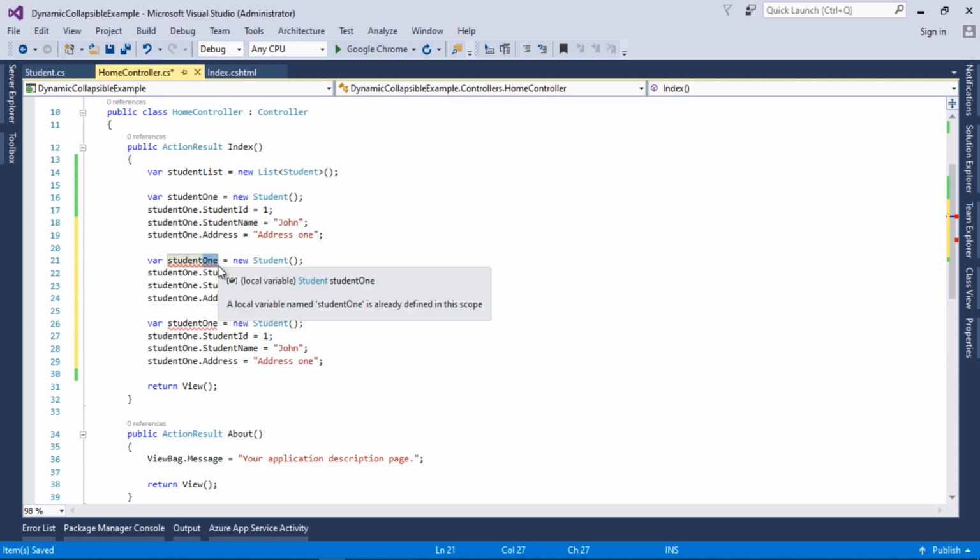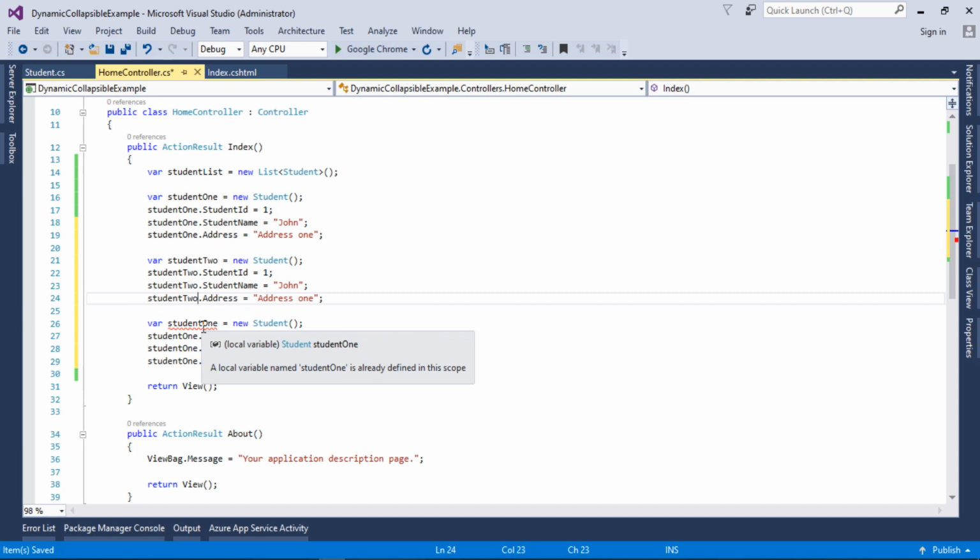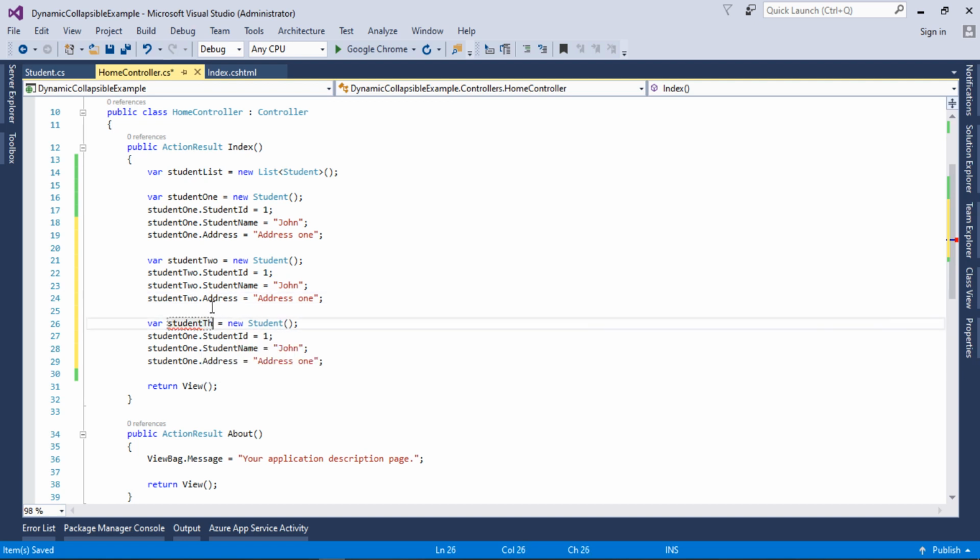Okay, now let's copy this student object and create another one. I will name it student2, and we'll copy this, paste it here, and here, and here as well. And the third student will be student3. Now copy this student as well, paste it, and now change the IDs of the students.